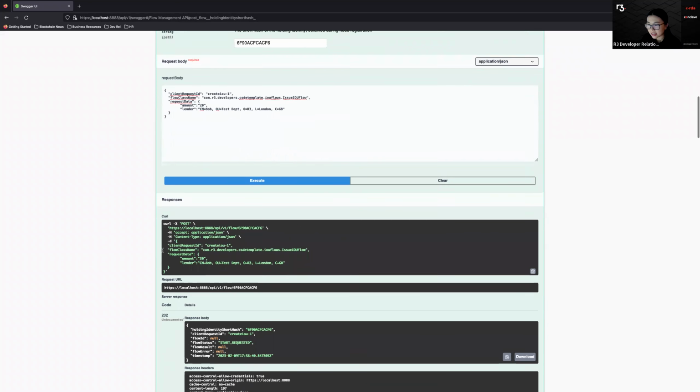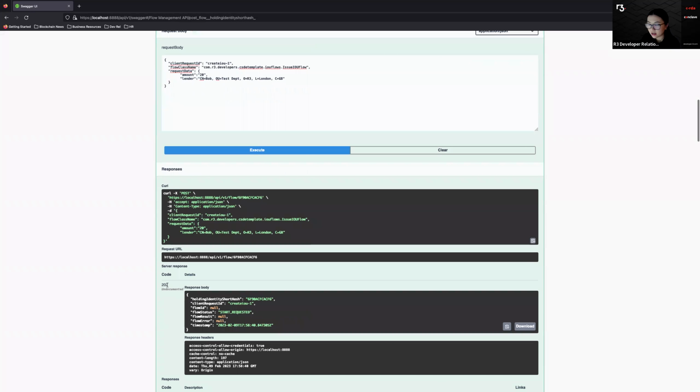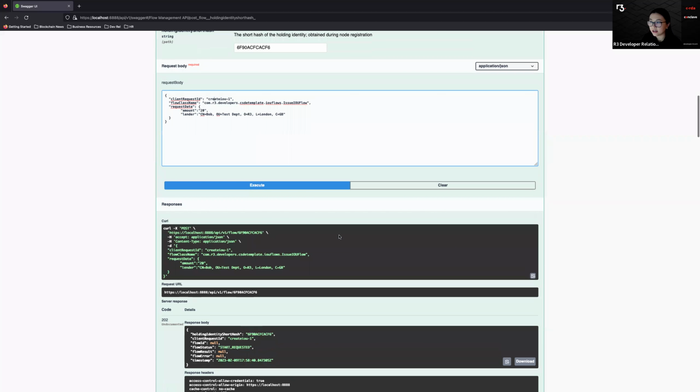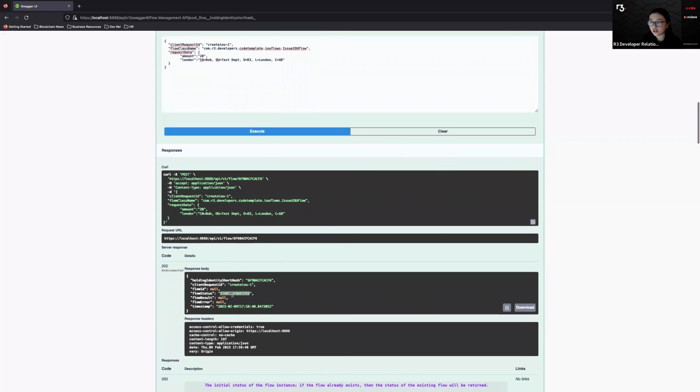And here, what do you see? So first, it returns a 202 response code, which is great. And we can see here the holding identity short hash, which is Alice's short hash. And the client request ID is create IOU1, which is what we defined here. And it says start requested. This means that it is running, but how do we check the status of